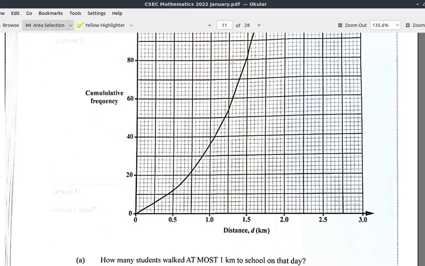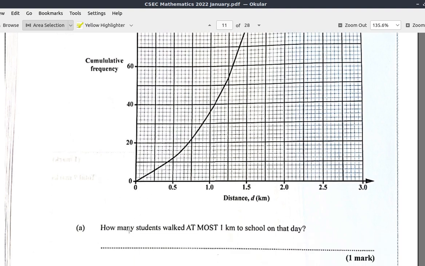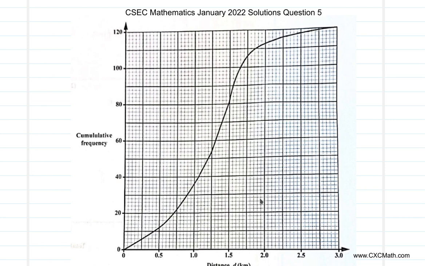on a particular day. Alright, so you have the distance here, and the cumulative frequency. Part A: how many students walk at most 1 kilometer to school on that day? Well,